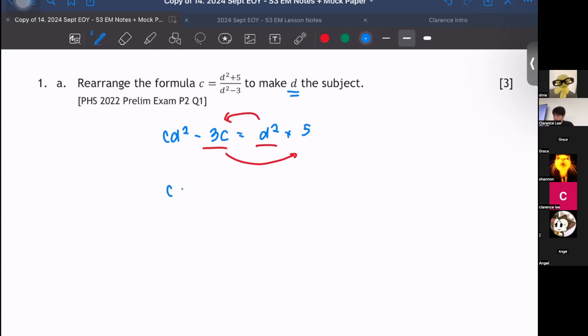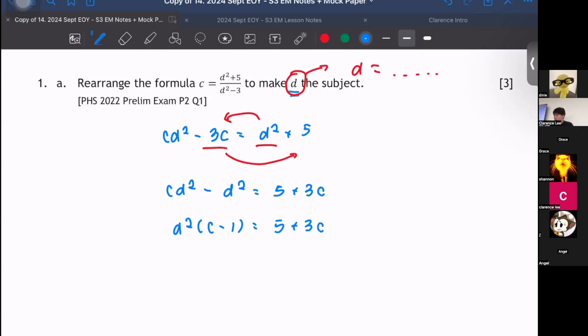So you will get cd squared minus d squared equals 5 plus 3c. From here, you will realize that you only have d on one side and no d on the other side. But when you want to present this, you only want d equals to the blah, blah, blah. But now you have other things. So what you must do now is factorize, and you will get d squared times (c minus 1) equals 5 plus 3c. Okay, it is very common that you must factorize out the subject of the formula so that you